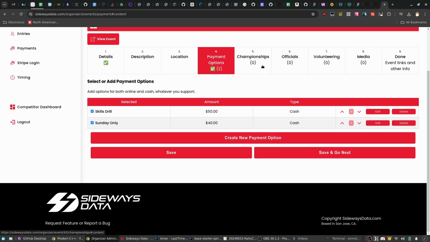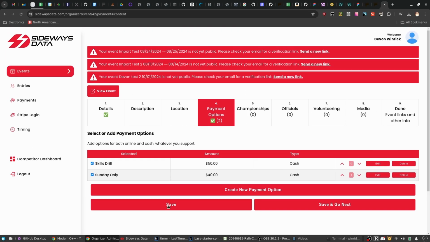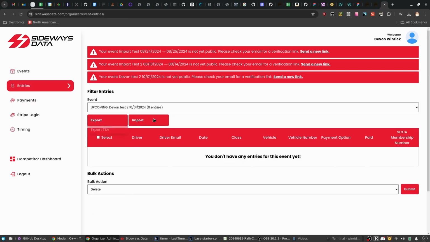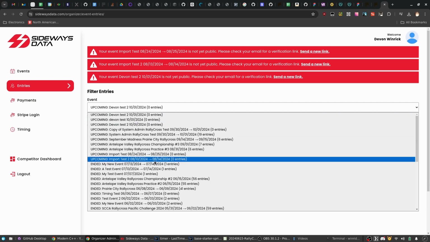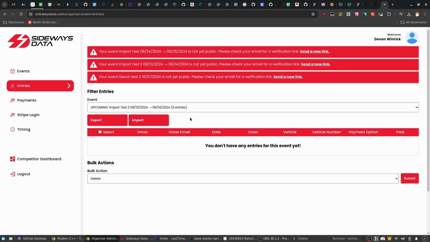We could fill out all this other information if we wanted to, but we're not going to do that right now. So our event is saved. We can start importing and things like that. What we're going to do is go over here to find our event. We call it import test 2. We're going to do import from MotorsportReg,